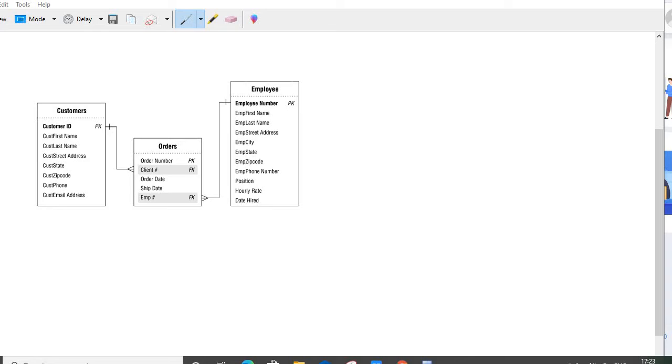When it comes to the insertion of the values, it must be done firstly in parent tables, and only after that must we enter the values in child tables. Whereas when it comes to the deletion of the values, the values corresponding to the foreign keys that are present in the child table must be deleted first.